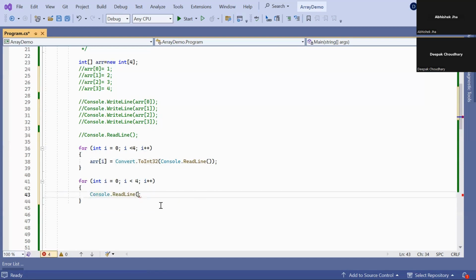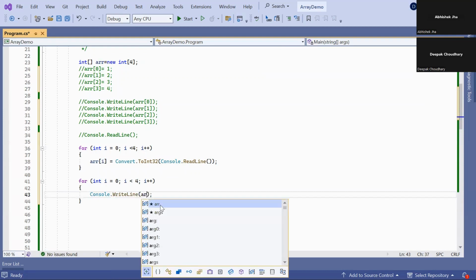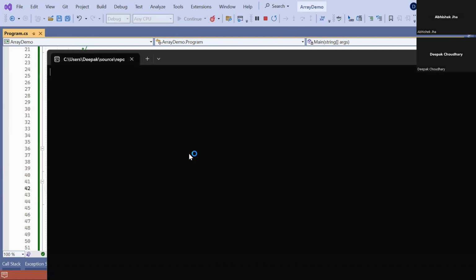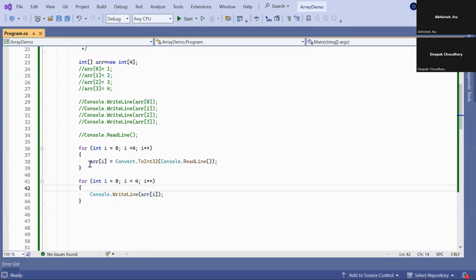Console.WriteLine array, index value is i. So now this loop will go 4 times and accept the value from the user, and the other loop will run 4 times and display the value of array index i. So let me enter the 4 elements. Okay, let me do Console.ReadLine.